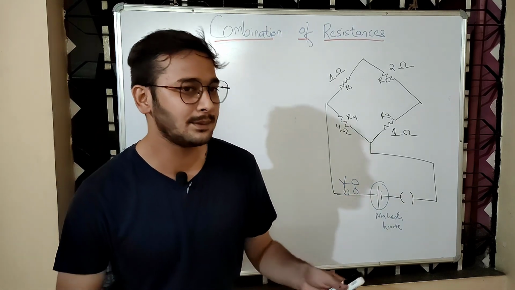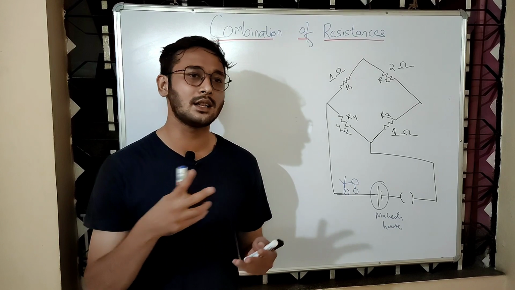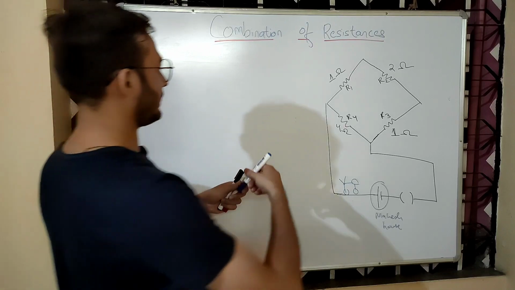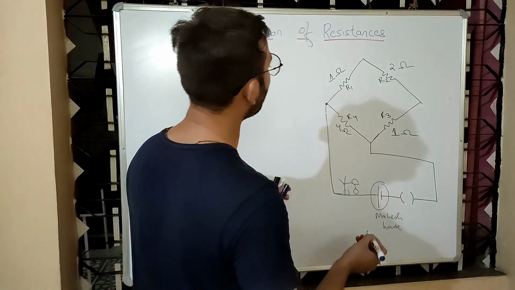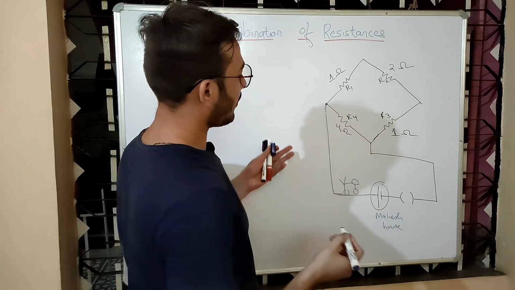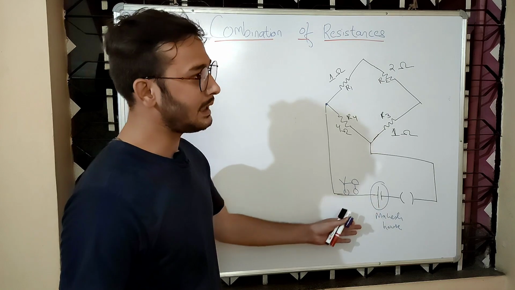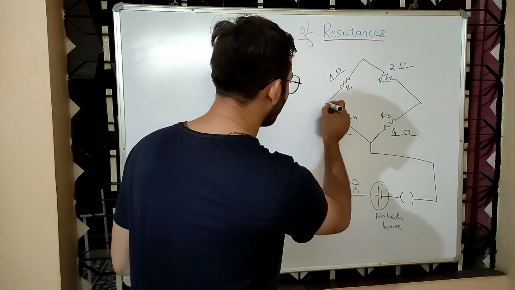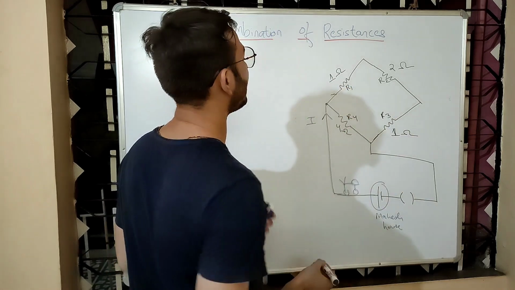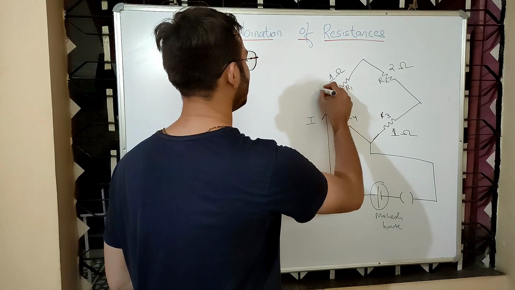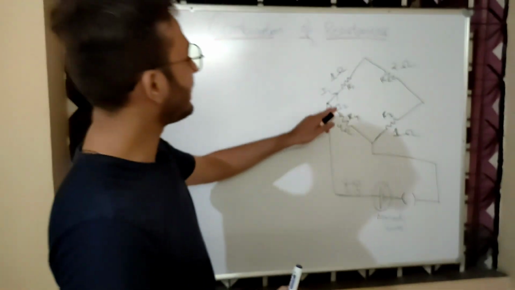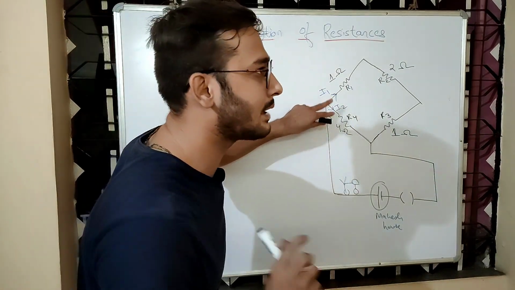Like I told you, series में current same रहता है और जहां भी path change हुआ, the resistances will be in parallel. So see, यहाँ तक रमेश पहुंचा इस पॉइंट में, अब यहाँ पे path change हो गया. Say Ramesh has reached this point, or you say Ramesh or Mahesh indicates current. So the path has changed at this point. So current will reach this point and then current will have to divide. Some current will flow here, say I1, and some current will flow here, I2. It means definitely here we are having some sort of parallel connection.